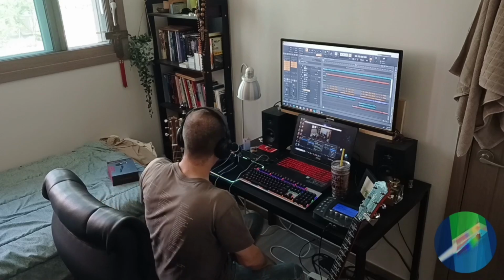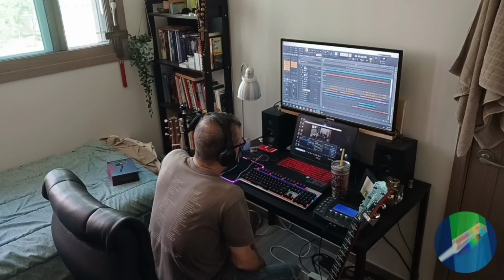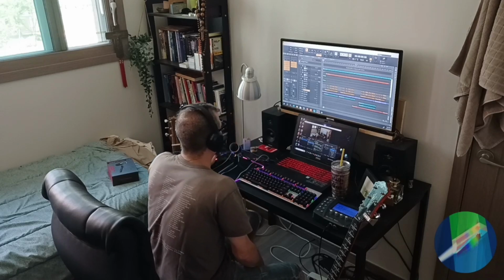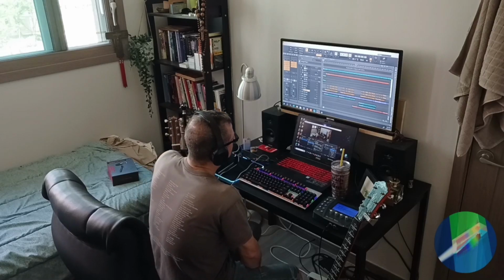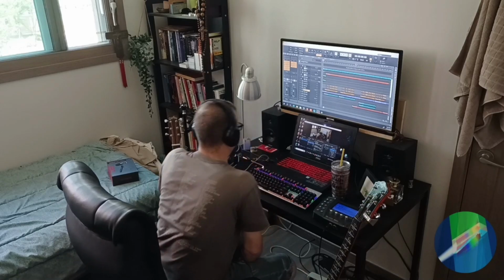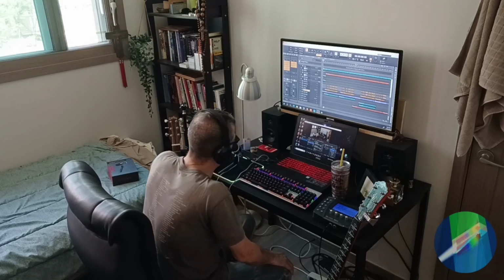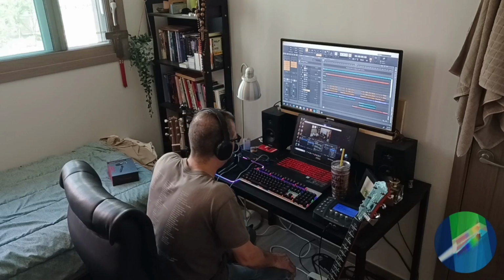So, bare minimum, a laptop computer with an internal microphone and Cakewalk, downloaded and installed absolutely for free on said laptop. Obviously, you're going to want some earphones or speakers, something to listen, something to monitor what you're doing. That goes without saying. But that said, I'm going to go ahead and switch this to